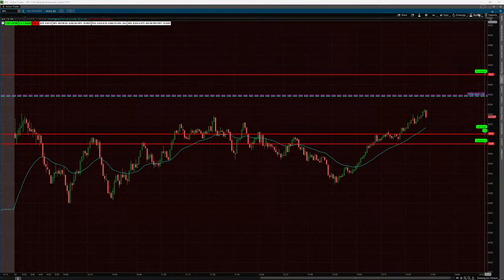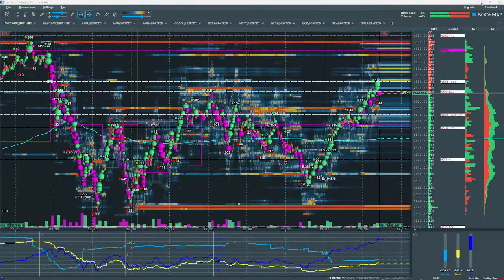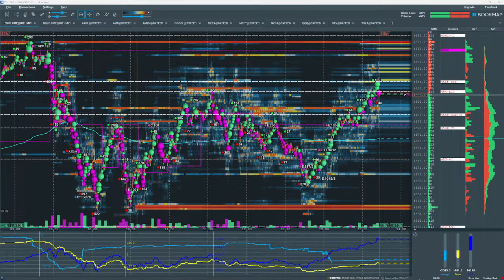All right, let's take a look at Bookmap now. On Bookmap, I have the same SpotGamma levels on my ES chart. There is a point difference between ES and SPX, and the last time I looked it was about 29 points. So for example, the SPX 45.50 absolute gamma strike call wall is actually at the ES 45.79 level.